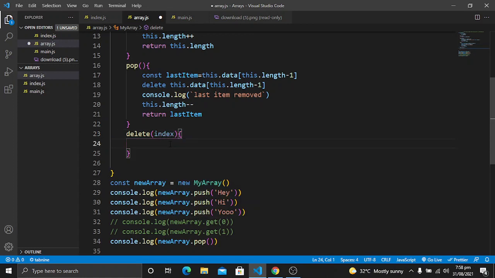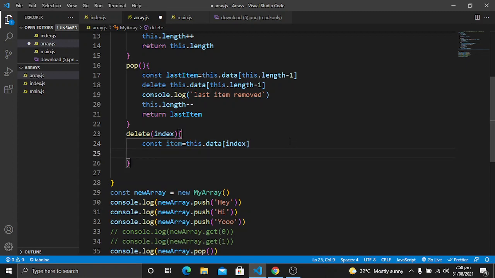At this index that we receive from the parameter, we want to remove an item. So let's create a variable item, and in it we will store the value at this index: this.data at this index.